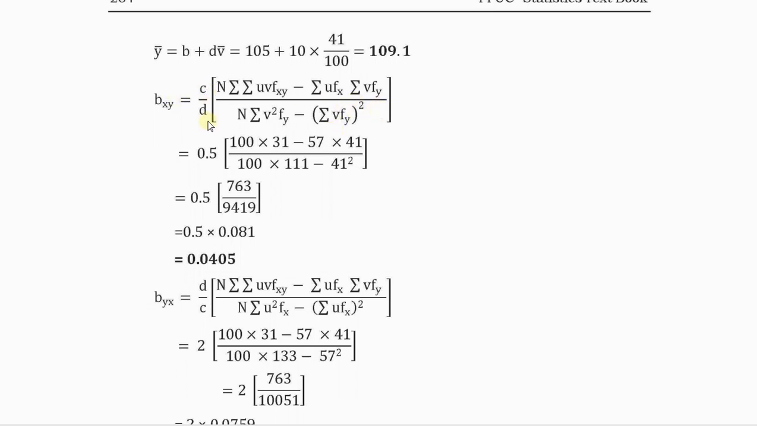So c by d is 5 by 10, that is 0.5, into 100 into 31 minus 57 into 41 divided by 100 into 111 minus 41 square. So that results into 0.5 into 0.081, that is 0.0405, the value of bxy. Similarly, the value of byx is d by c